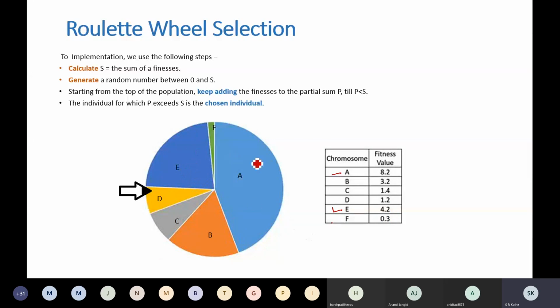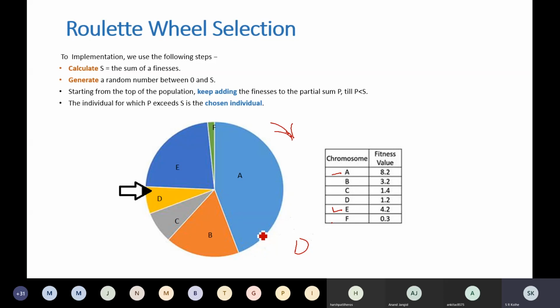In this way, solutions are put on this roulette wheel. This is a fixed point. You rotate this wheel, and after some time it will stop. The individual in front of this fixed point will be selected. For example, suppose this is one of the snapshots. So D will be selected as one of the parents. It is not necessary that A always gets selected.